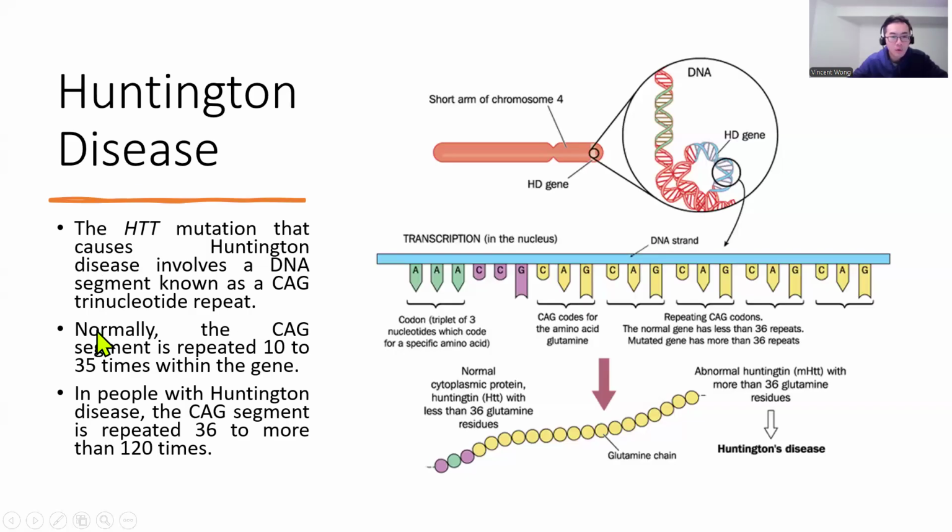In normal individuals, this gene has short tandem repeats of CAG that repeat 10 to 35 times. But for people with Huntington disease, the CAG is repeated 36 or more times. Okay, so what happens is